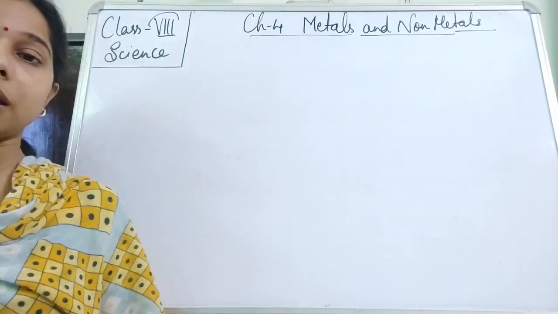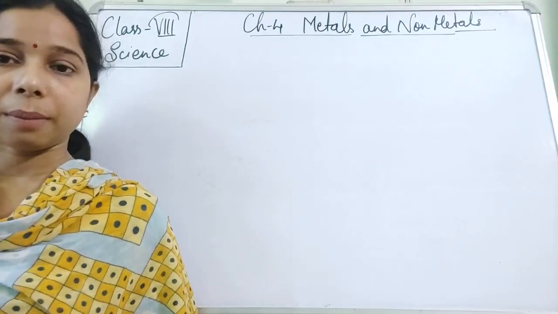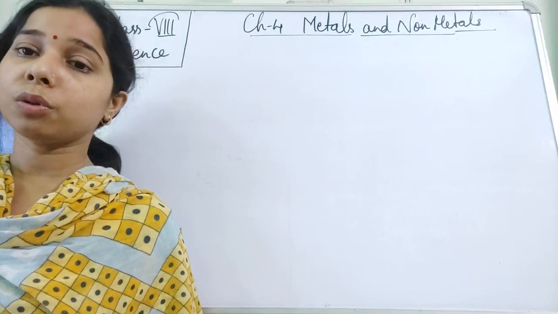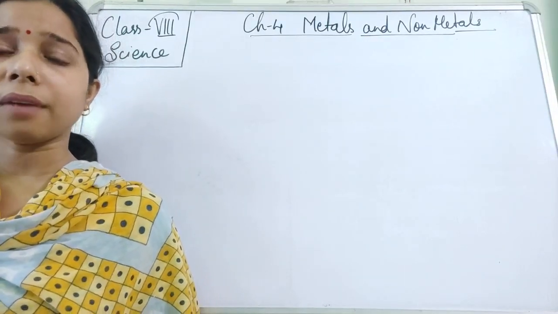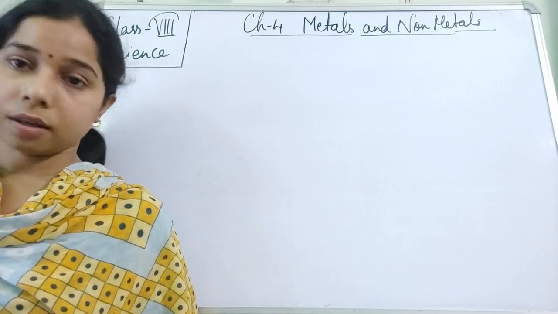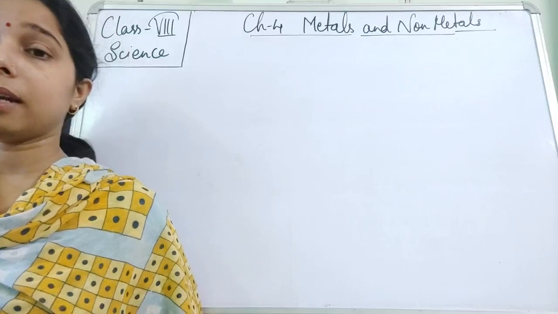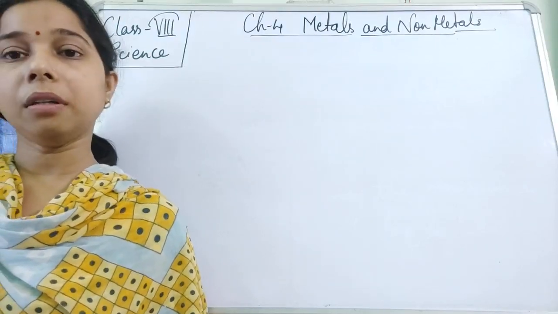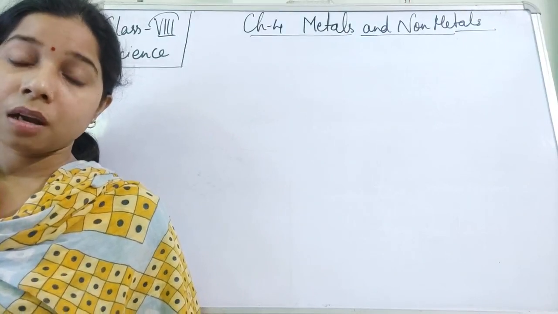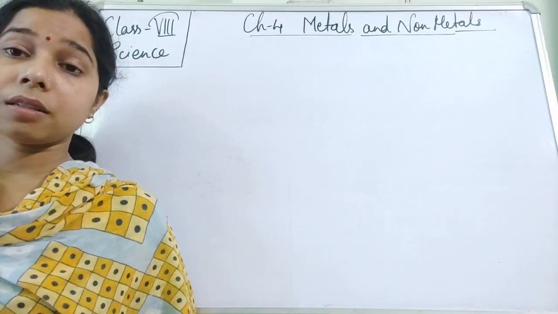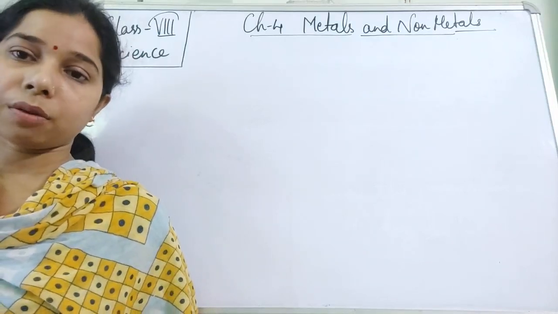So we have seen that every metal reacts with oxygen at a different temperature. Suppose we talk about sodium. Sodium is highly reactive, so it will react with oxygen to form sodium oxide at room temperature only. And when this sodium oxide reacts with water, there is a formation of a base called sodium hydroxide. Now sodium is a very highly reactive metal, so because of that we keep it in kerosene oil.